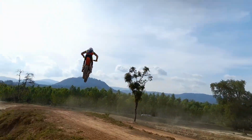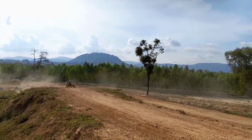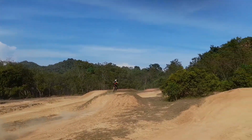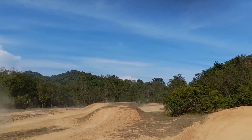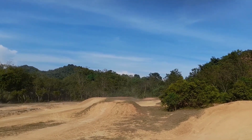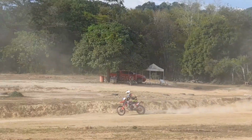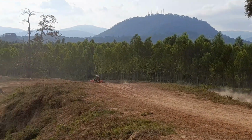So here we get over the big tabletop here. So now we're about 70% done of the lap, and getting over this little tabletop here and then into the wave section where I double, which you cannot see here because it's behind the tree, and then into the bowl turn, and then small tabletop there, and then big tabletop, and that's it. So now we're gonna do the 450RL fastest lap